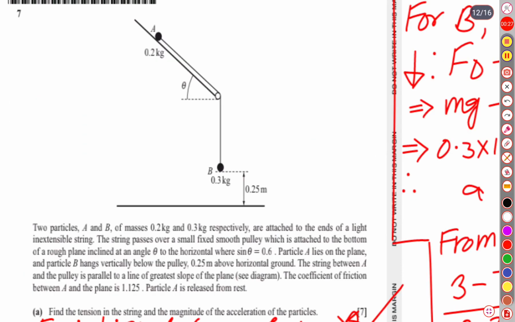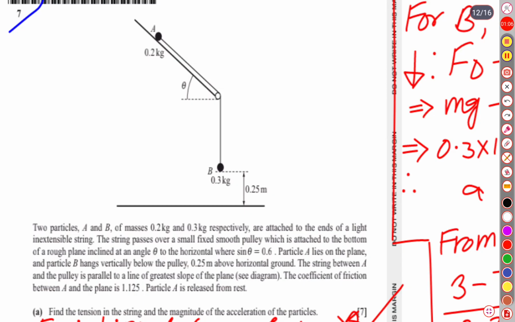This is question number 7: two particles A and B of masses 0.2 kg and 0.3 kg respectively are connected to the ends of a light inextensible string. The string passes over a small fixed smooth pulley which is attached to the bottom of the rough plane inclined at an angle theta to the horizontal, where sin theta is equal to 0.6. Particle A lies on the plane and particle B hangs vertically below the pulley,